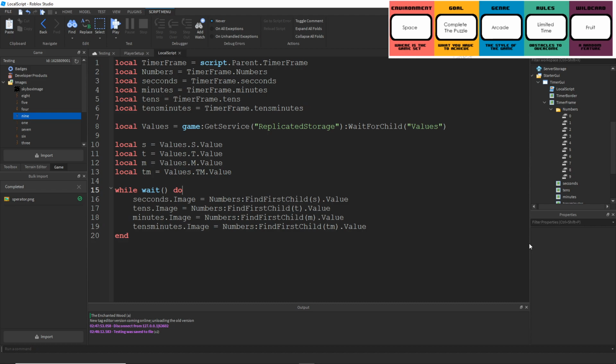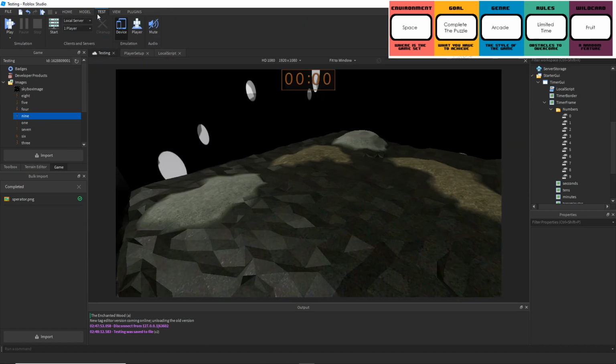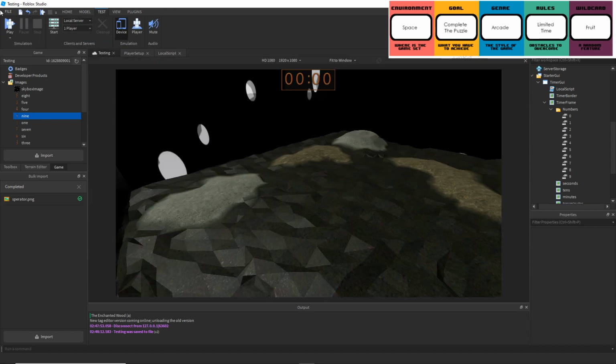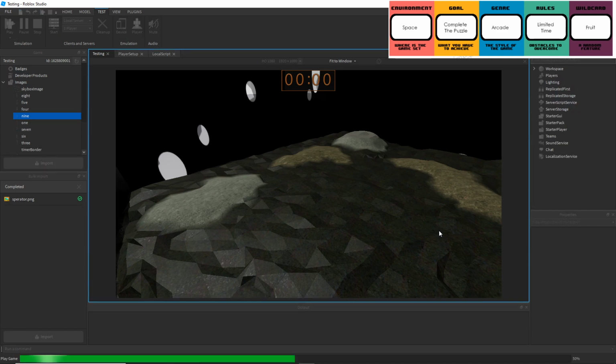Okay. That's going to be interesting. So let's see what happens now. Because that should be that. Alright, so then it should be able to set the number to it regardless of